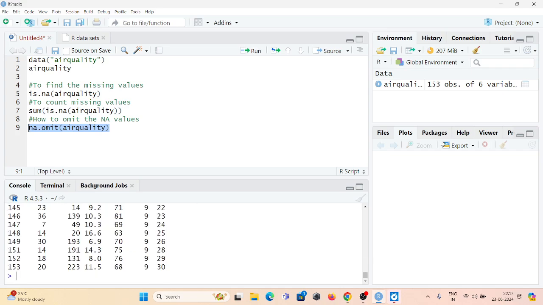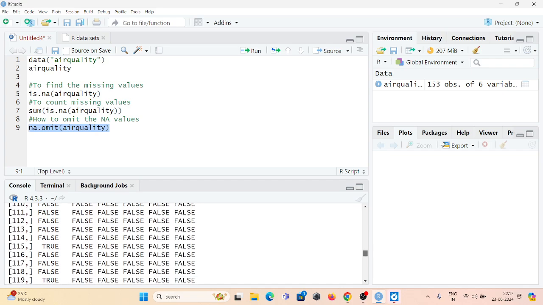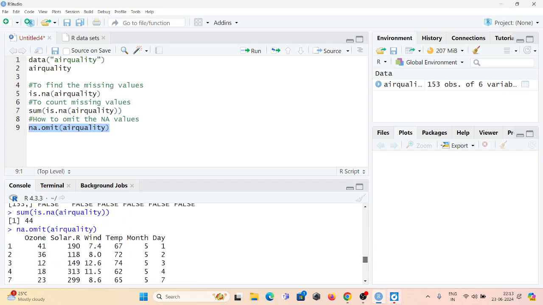Then you can see that the airquality data set is now being displayed here, with these variables: Ozone, Solar.R, Wind, Temp, Month and Day. And you can see here that the fifth and sixth rows are missing. Why are they missing? Because the fifth and sixth rows originally consisted of these NA values.